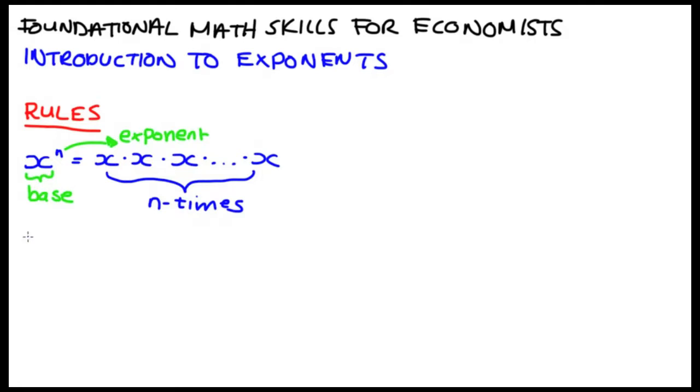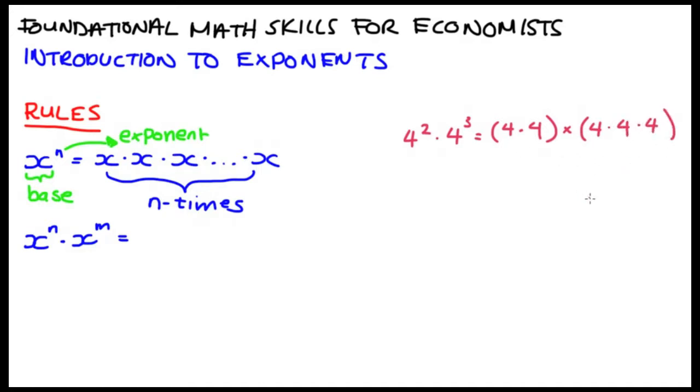So let's start by considering what happens when we multiply two terms with the same base together, so some x to the power of n multiplied by x to the power of m. We can think of a concrete example to help us figure it out. So say I had 4 to the power of 2 multiplied by 4 to the power of 3. Well, let's just expand those two terms. So we have 4 times 4 in the first bracket, and then multiplied by 4 times 4 times 4 in